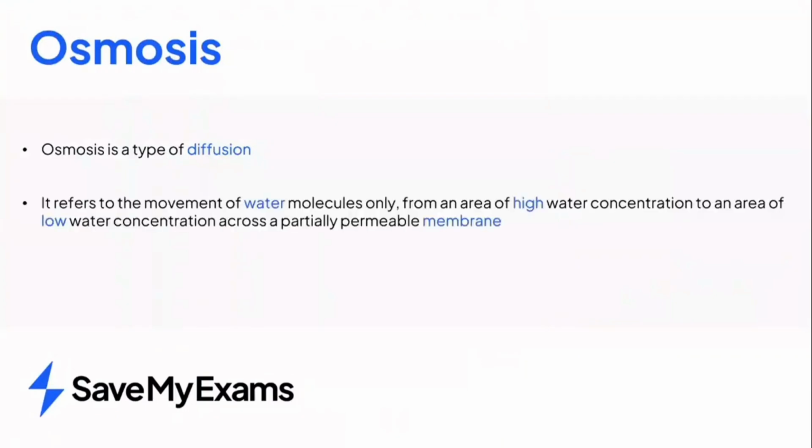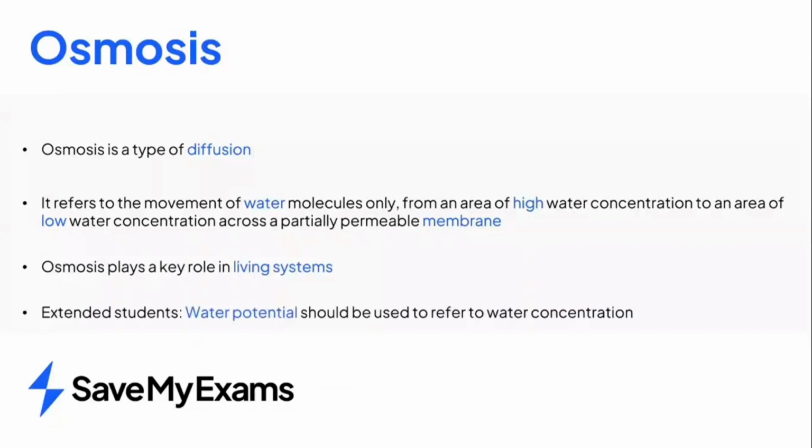In summary, osmosis is a type of diffusion. It refers to the movement of water molecules only from an area of high water concentration to an area of low water concentration. Osmosis plays a key role in living systems. Extended students should use the term water potential to refer to water concentration,